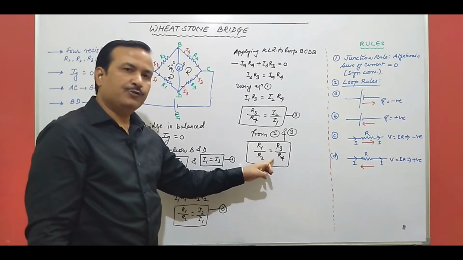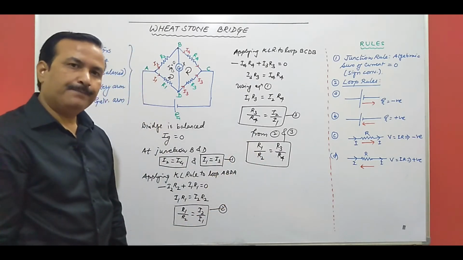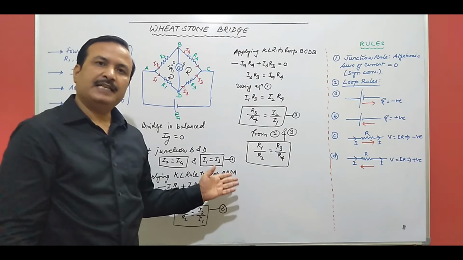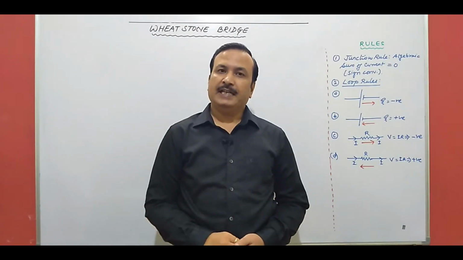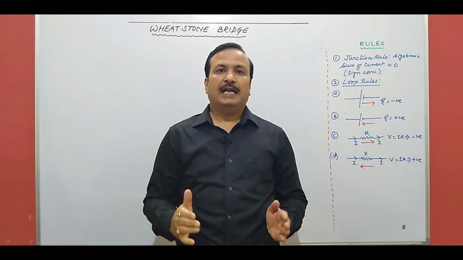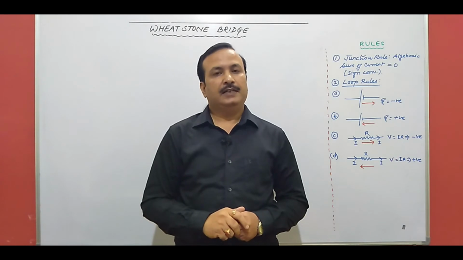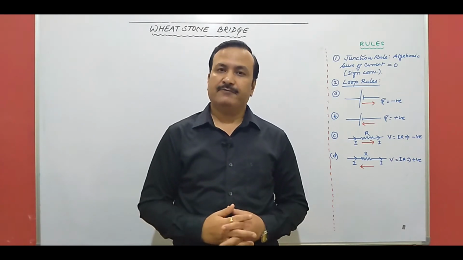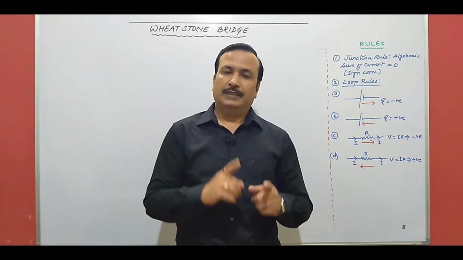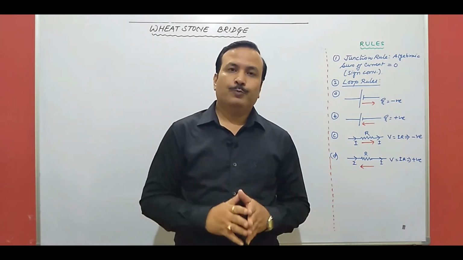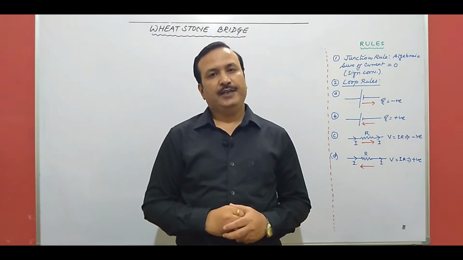If we know values of 3 resistors, we can find out the 4th one. Okay, how can we do this? Let's see some numericals also. The important thing you need to take care about the Wheatstone bridge is that it is most sensitive when all the 4 resistors are equal. They have equal resistance values. Okay, this is one question which is important also, that the Wheatstone bridge is said to be most sensitive when all the 4 resistors have equal values.